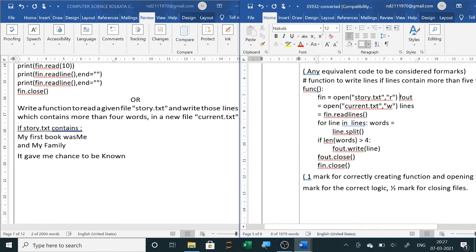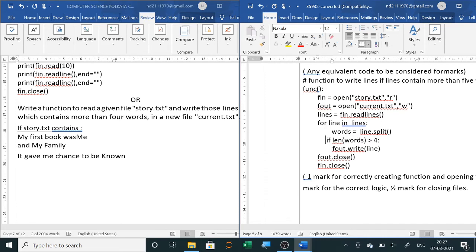When this answer is converted into word, it is showing some formatting. Yes, now we are splitting, and then if the length, let me format it first. Yes, now it is correct.